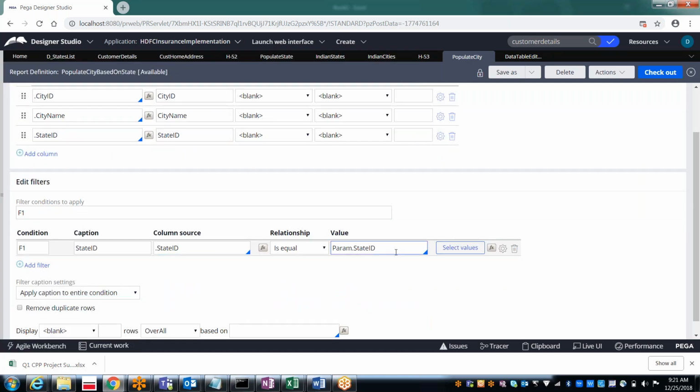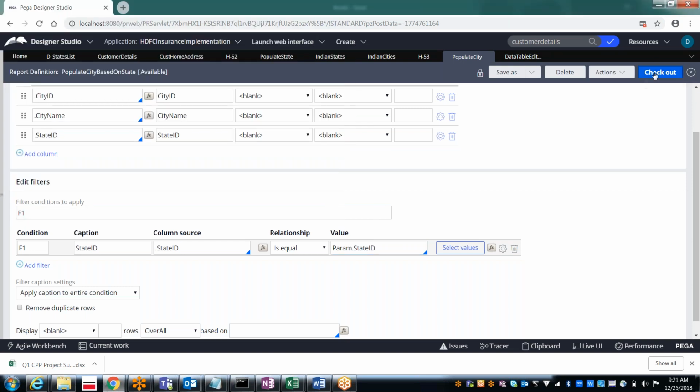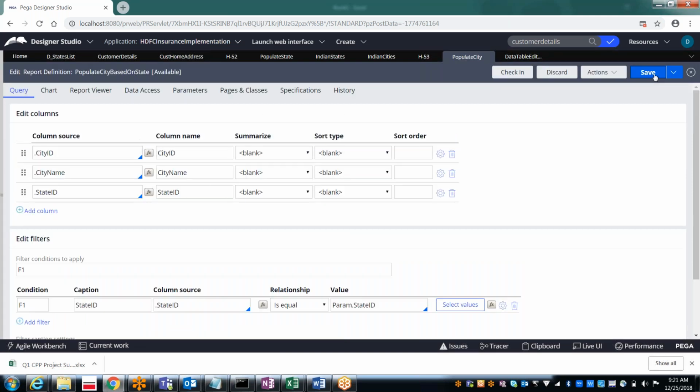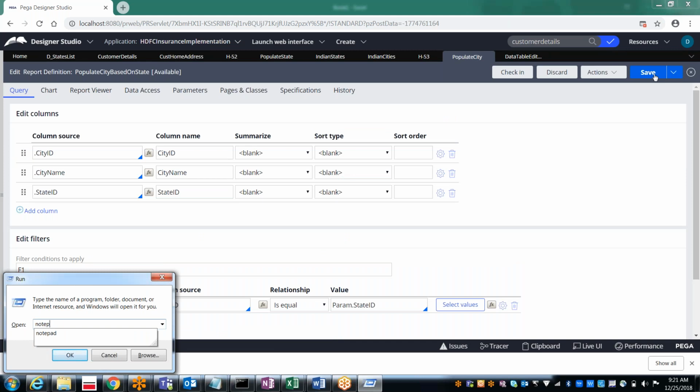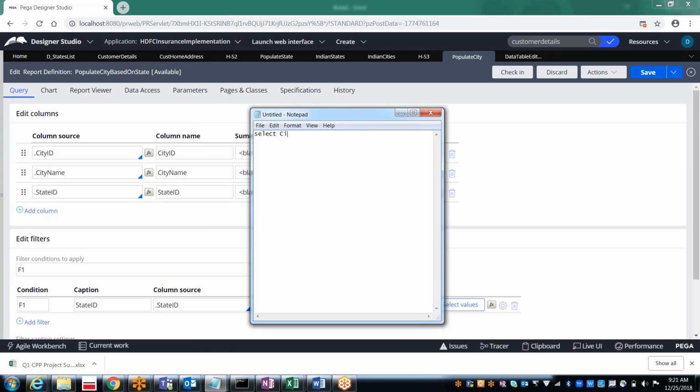So this is the same as what? I hope all of you have an idea about simple SQL queries, right? So what is the SQL query that Pega is going to generate internally? Select city ID, city name, state ID from the city table.